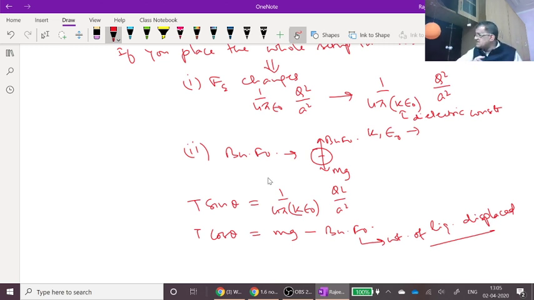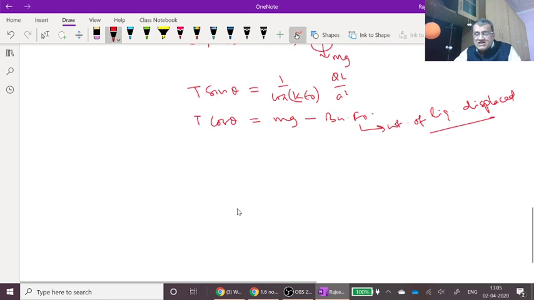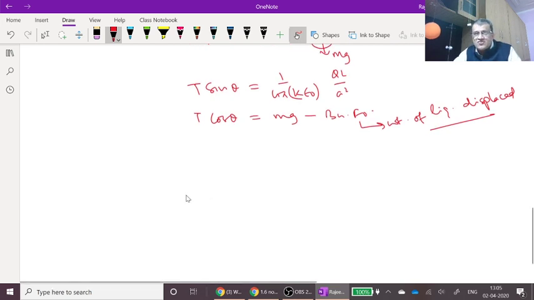Somebody has joined the class just now. So we took some questions from H.C. Verma, and we took this special case where two charged balls are suspended by two threads. And in most of the questions, they say they are charged. The questions that we took, they are charged and they repel each other. But in one of the questions in H.C. Verma, which you will have to go through, and I will mention to you which question that is,